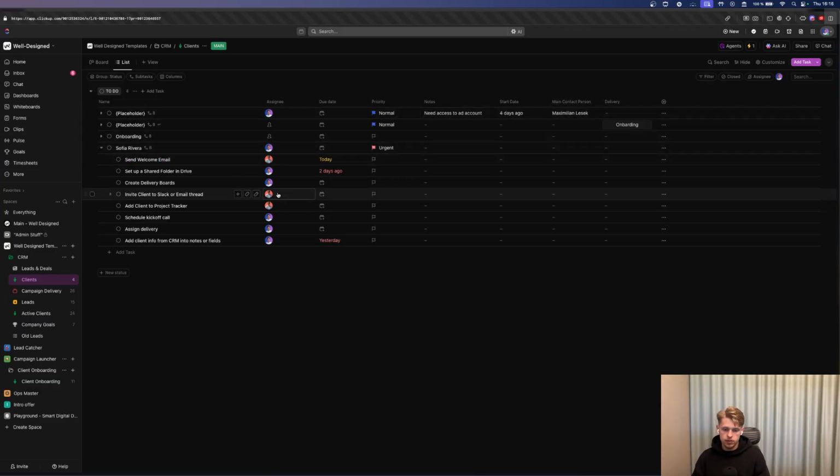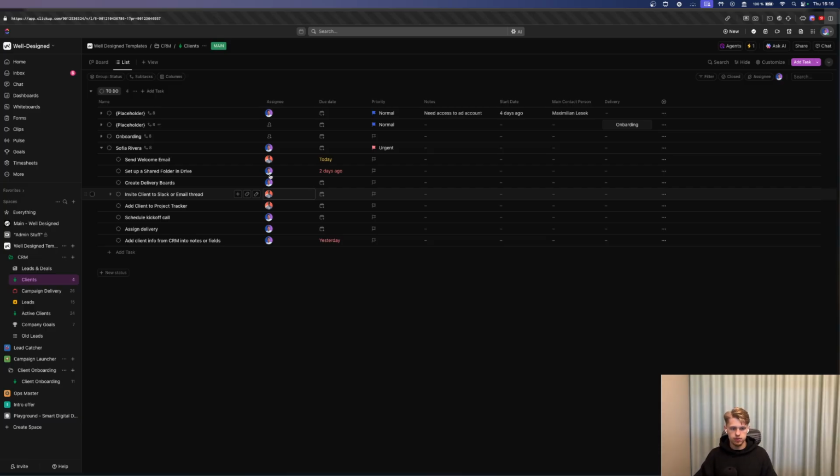So this would be the task, and one of the most efficient things to do, because if you're constantly assigning the same people every single day for a task and doing the same onboarding every single time, I mean, you can save so much time with this. Just use fields. Once a deal has been closed, it automatically creates all deliverables, so you don't have to worry about all the things. That's the first automation, and I think